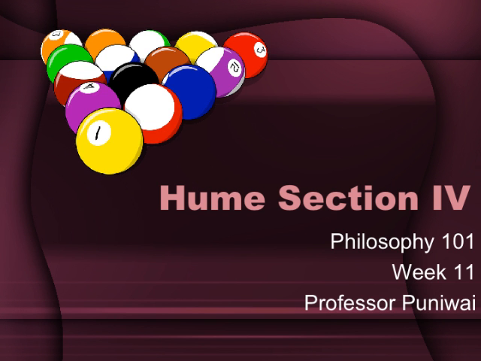And this is what he brings to light in Section 1. And this is the focus of the rest of the inquiry. Now, in Section 2, he divides perceptions of the mind into ideas and impressions, but mainly he comes to the conclusion that every idea is a copy of an impression. Then in Section 3, he discusses the connections among ideas, or how ideas produce more ideas in our mind. And those 3 were resemblance, contiguity, and cause and effect.